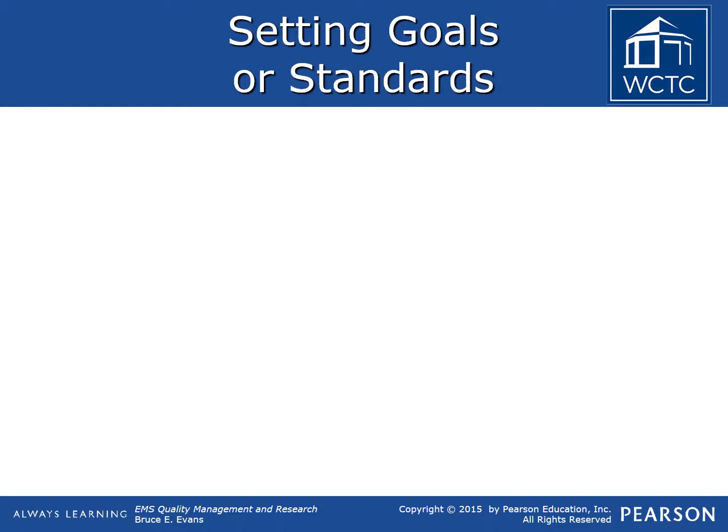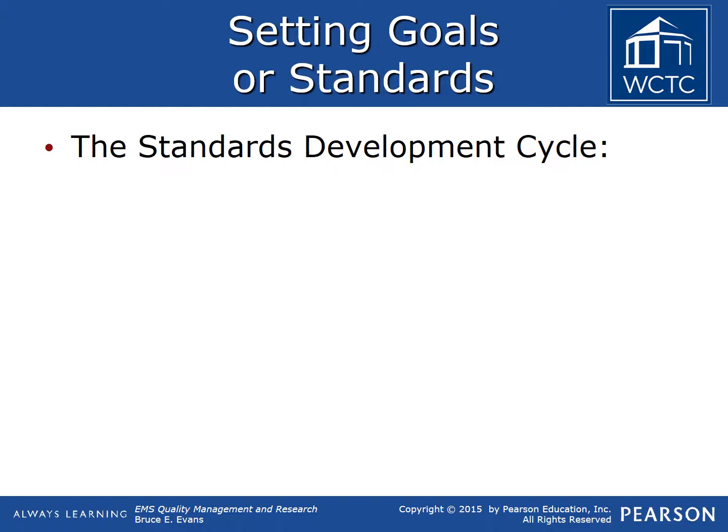Given these necessary characteristics for a goal or standard, it is helpful to follow a proven method when developing your goals or standards. The standards development cycle is one such process. First, it is necessary to define the area or topic for which the goal or standard is being developed. State the scope of care and identify the most important aspects of care if needed to focus your goal or standard where it can have the greatest impact. State the level at which the goal or standard is being set. Clarify the consensus process for validating the goal or standard as well as the approval process.